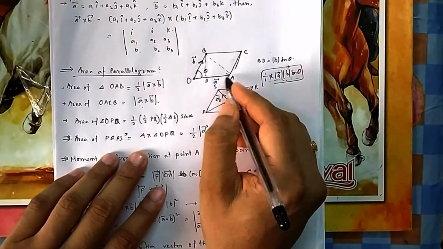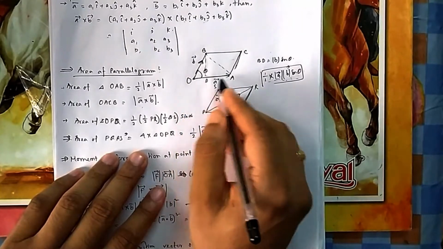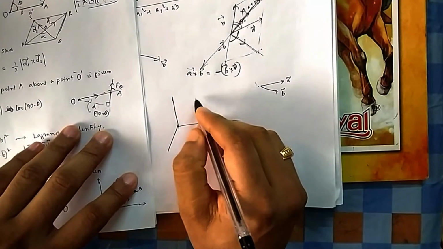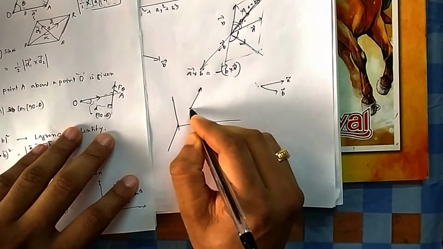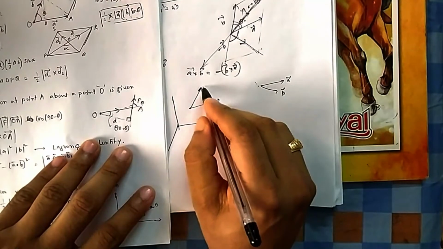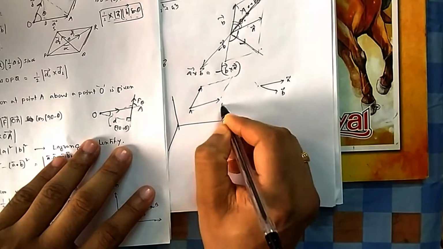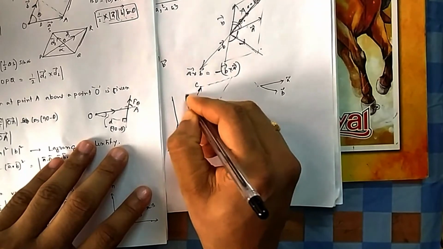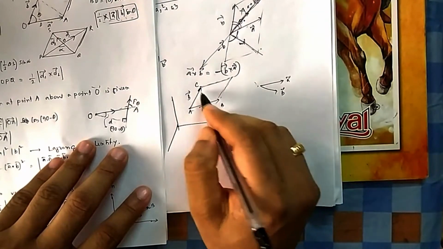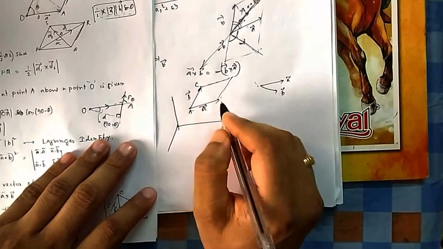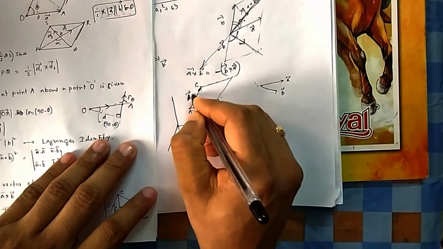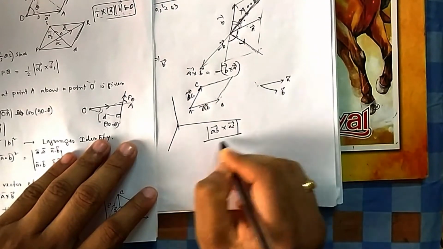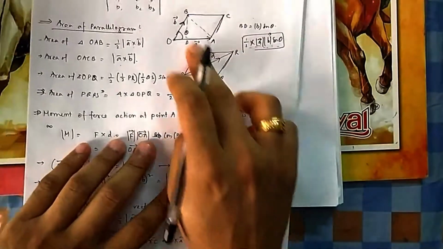This is the vector because it started from here, you can say it's the position vector of A. But if it doesn't start from the origin, suppose your origin is here and this is a vector, this is a vector, then what will be the area of this parallelogram? Suppose it is AB, I named it A, and AC I named it B. Anything I can name, or you can write small ab, small ac, whatever. So what will be its area? AB vector cross AC vector, that is the magnitude, the area of this parallelogram. So you have to be very careful which one is A and which one is B.